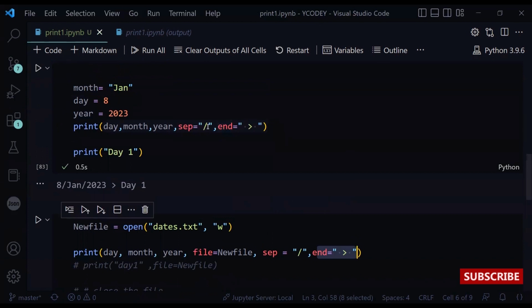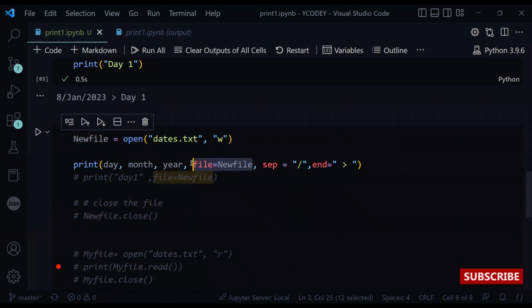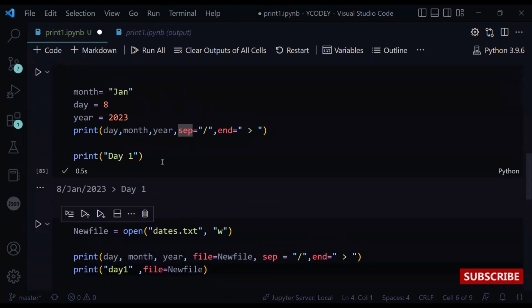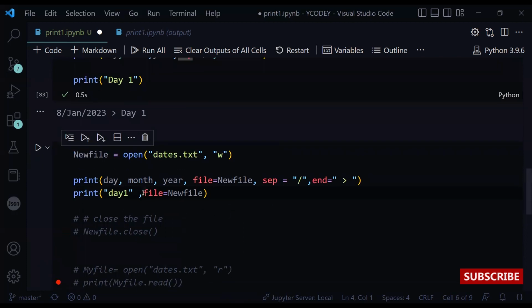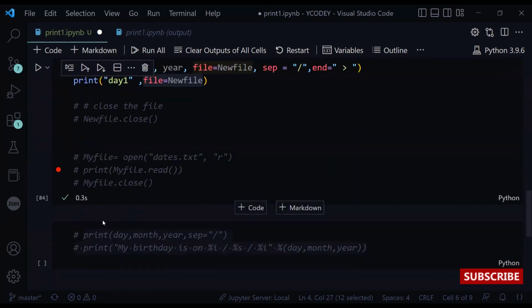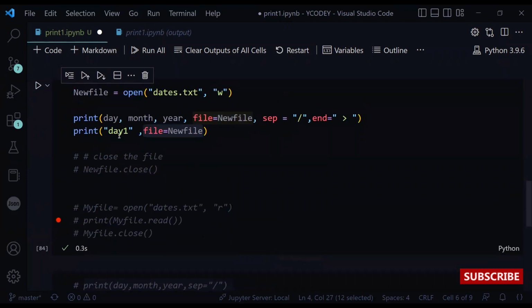So it is exactly as this, but here we have this file parameter equal to new file, and then I have day 1 as here, and I'm going to print this into the file called new file, not to the console. So display. As we can see, we can't see anything here because these are going to print into the file called dates.txt.